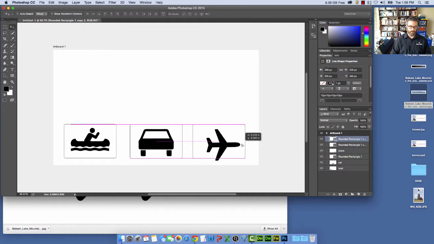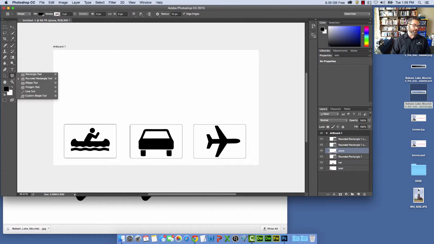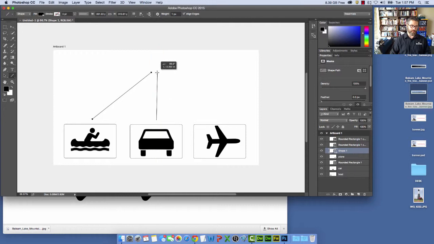But you start to see this plane doesn't quite fit the way I want. So I could see adjusting that more so it has equal white space, but I think this works. So now if I come back here and I go to shapes, I can do like the line tool, and you can imagine doing something like this. Okay, then I could go back and let's take a different shape,